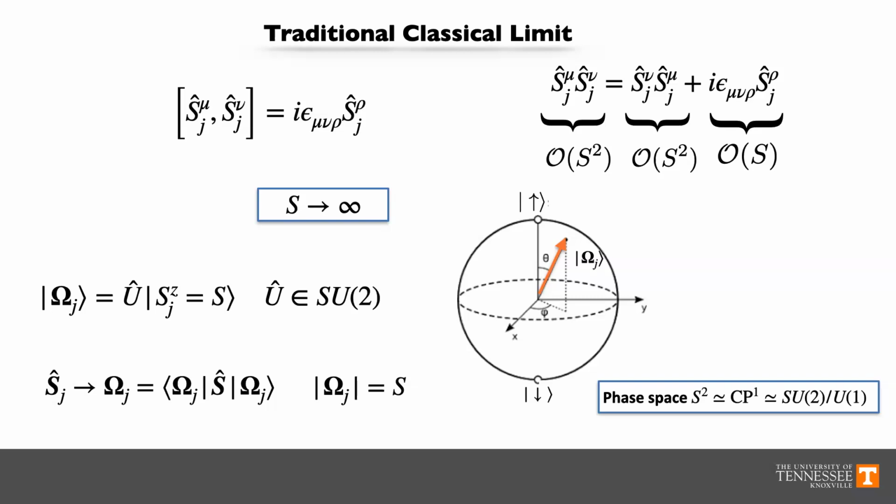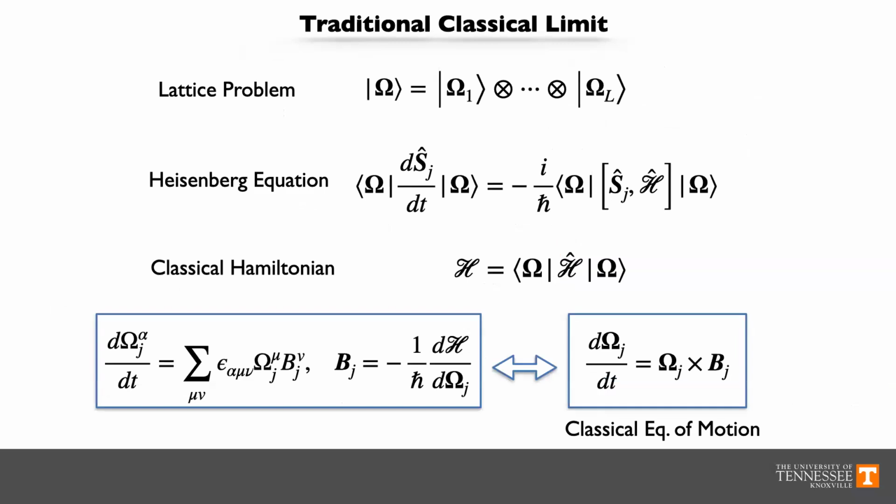Good. So once we have done that, we can extend the problem to the lattice. The algebra of N spins is a direct sum of the individual algebras, and then we construct coherent states of these, which are simply the direct product. And now if we want to derive the classical equations of motion, all we need to do is